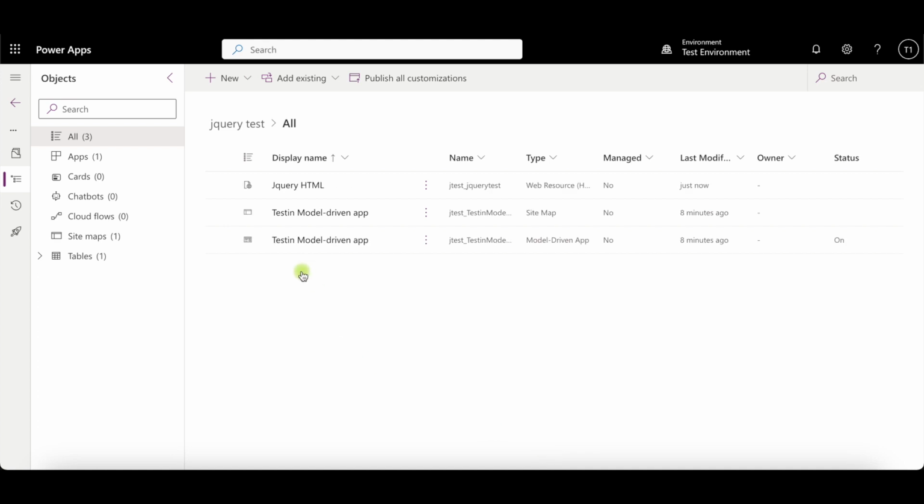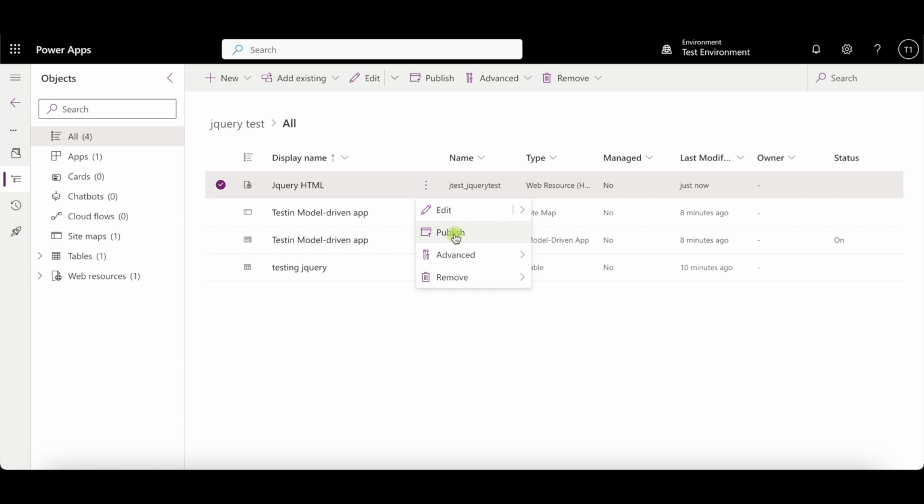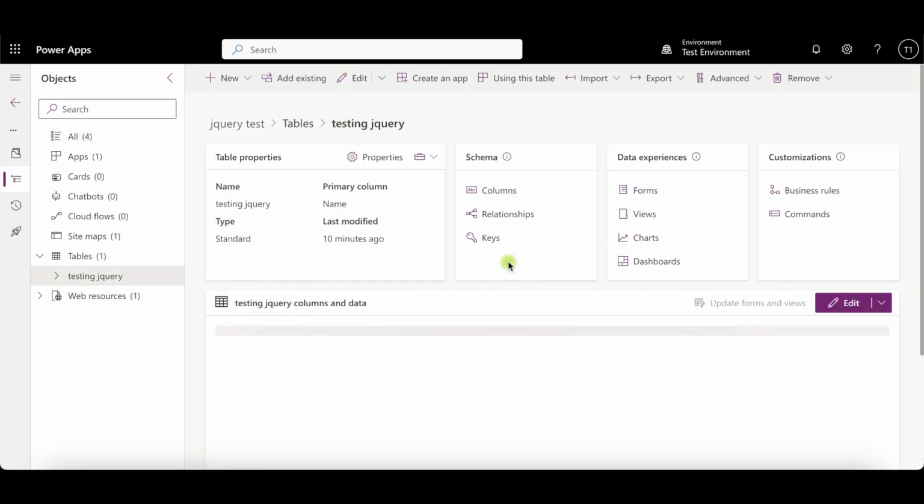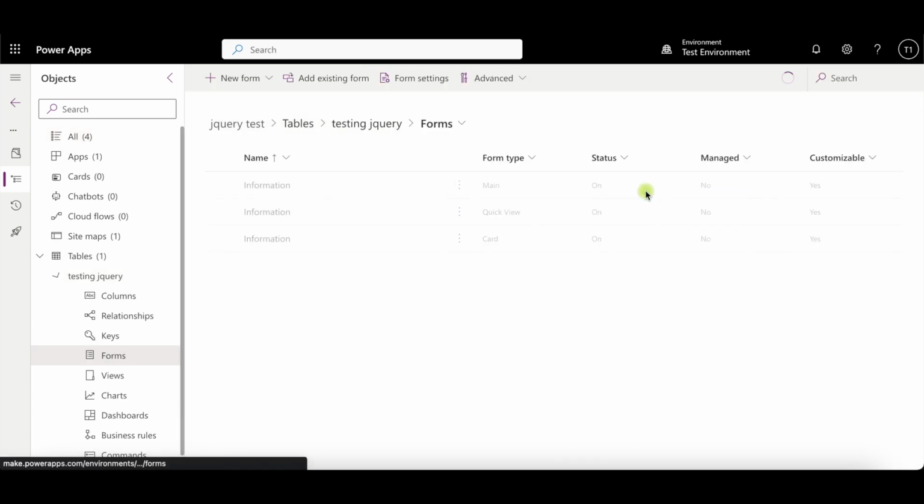Okay, so once you save your jQuery test web resource, just to be sure, you can publish this. Okay, so publishing has succeeded. And now what you can do is basically go to your table entity, testing jQuery, go to the form section, go to the main form,